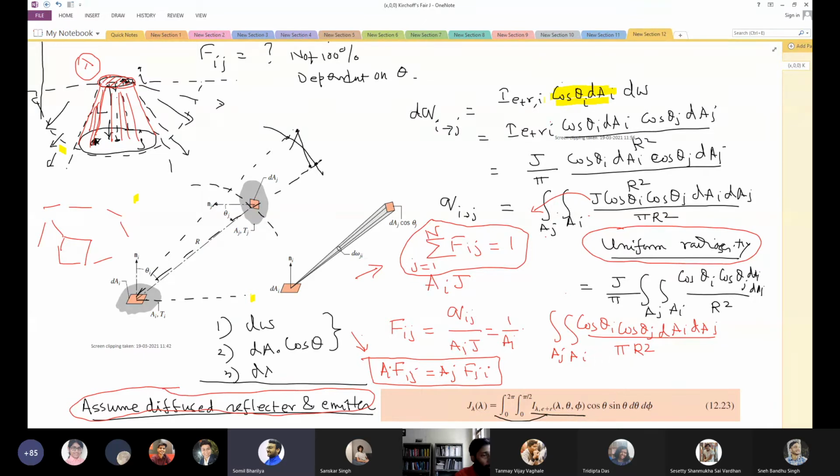So here Qij will be equal to Qji, right? No, Qij will not be Qji. But the terms in the expression we wrote for Qij are all the same as if we consider Qji, like J cos theta I cos theta j dAI dAj. So I forgot something here. It should be Ji, because the radiosity of surface I and surface J may be different. Okay, yes, sir.